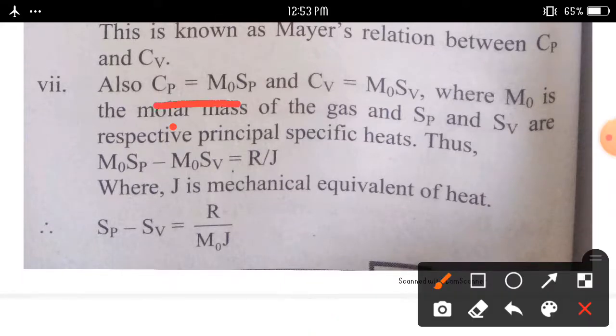Cp is equal to M0 into Sp, and Cv is equal to M0 into Sv, where M0 is the molar mass of the gas, and Sp and Sv are the respective principal specific heats. Thus, we can write according to this,